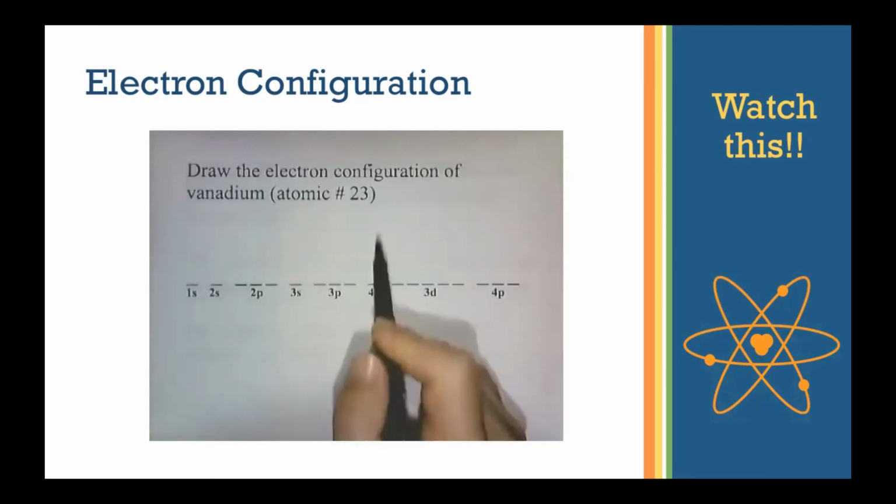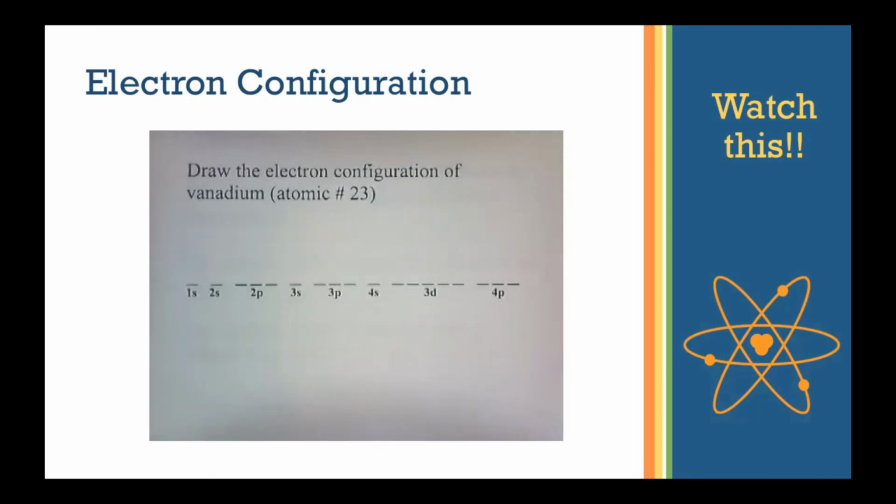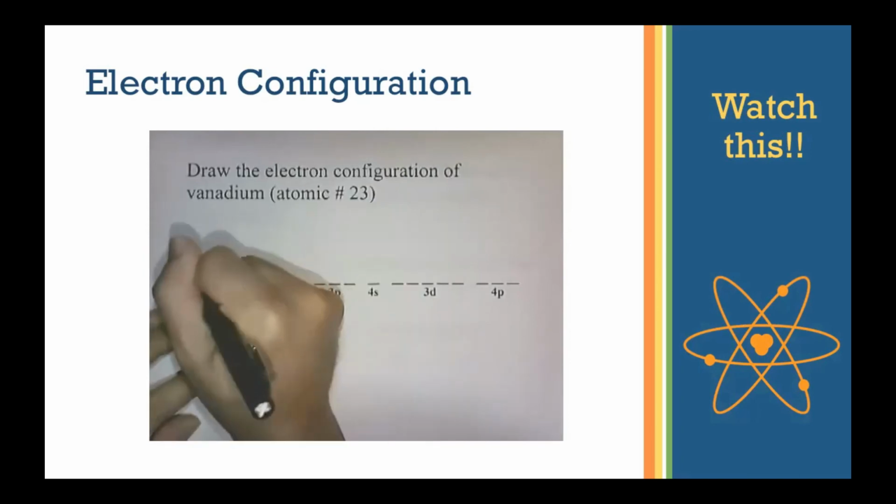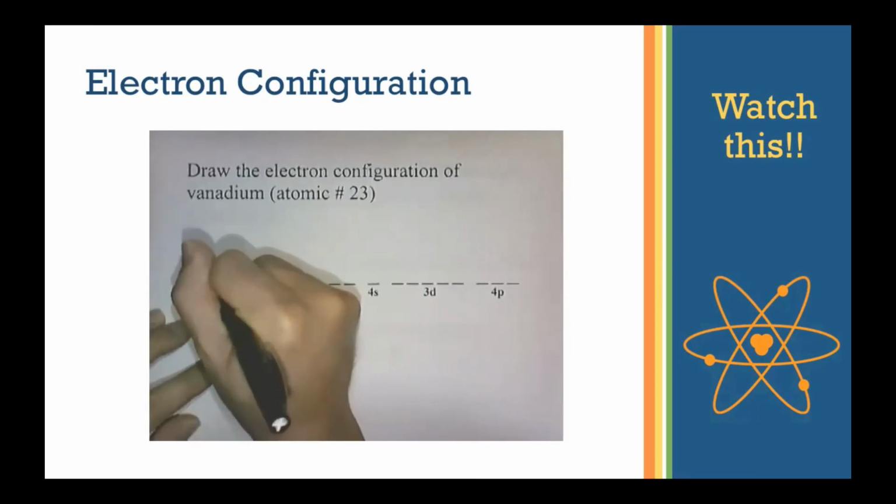Let's do it for vanadium, atomic number 23. You ready? So you should be able to do this since you've seen the pattern. 23, here we go. 1, 2, 3,